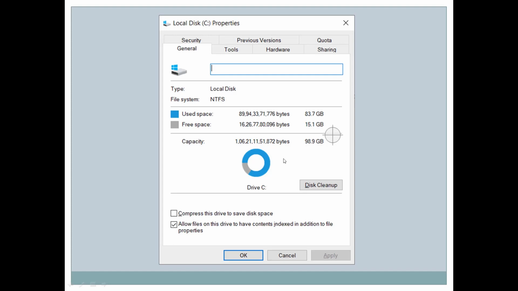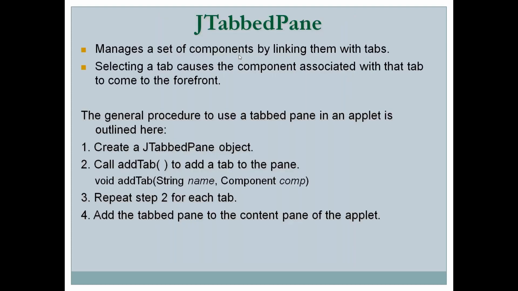So this is one group of components which you see when you click on the general tab. When you click on the tools tab, you see a different set of components. Upon clicking on those tabs you will see a separate GUI or set of components. Such a GUI we can create in Java by using the tabbed pane.